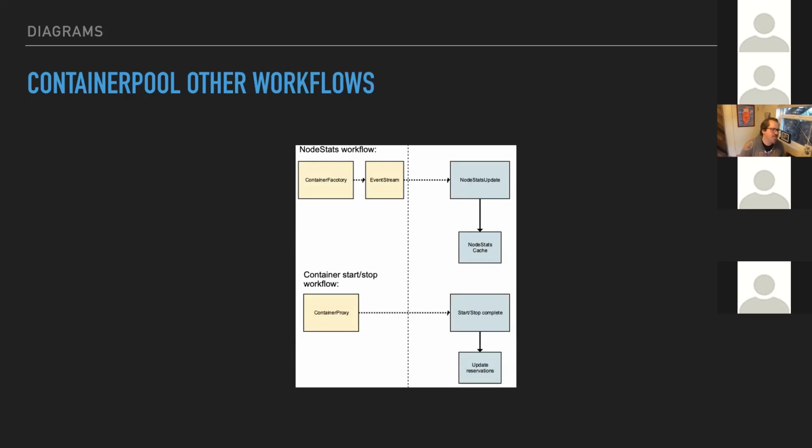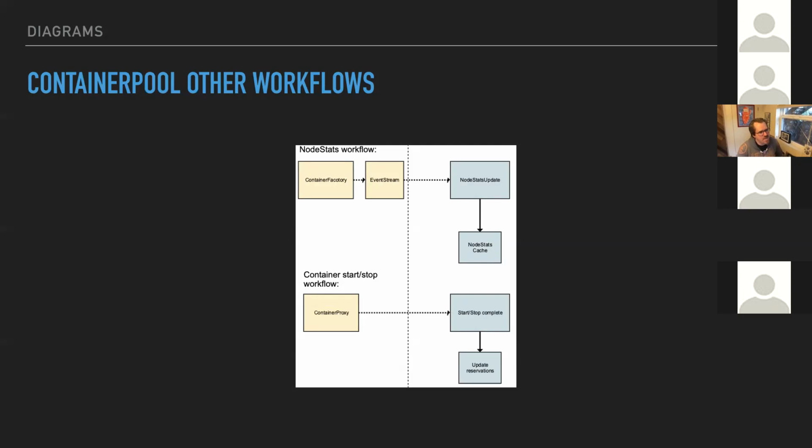And so from the node stats point of view, the way I have it set up currently is that the node stats data is coming from the ACA system event stream, and really this can be updated from anywhere, but the obvious choice would be to say a container factory implementation would emit these data points to the event stream using whatever mechanism for collection.